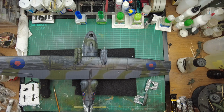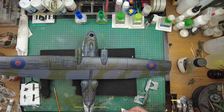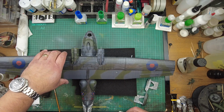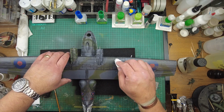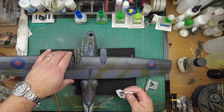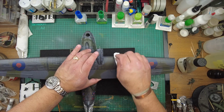Now, there's a number of different ways you can do it. If you were doing a simple pin wash that was solely focused on the panel lines, rivet lines, you could use a moist brush with odorless thinners to wick away the excess and leave the wash in the recesses. Another way of doing it is with cotton buds or Q-tips. What I like to do is use a little patch of kitchen paper and just generally take, I know it's rubbing it over the whole surface, but it is actually lifting it, and then back and forth in the direction of airflow,